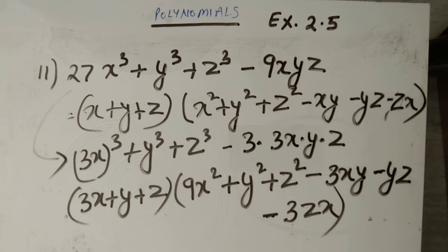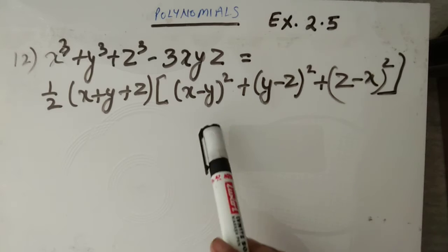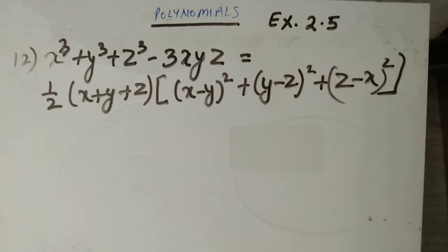Okay. Now we will discuss our next question, that is question number 12. So question number 12 is this, you need to prove, you need to verify that LHS is equal to RHS or not. So for proving this, we have two options. First option is you will solve the right hand side, and another option is you can solve the left hand side. For solving the right hand side, you have to open all these brackets, multiply by these, multiply by half, then only you will get that term.